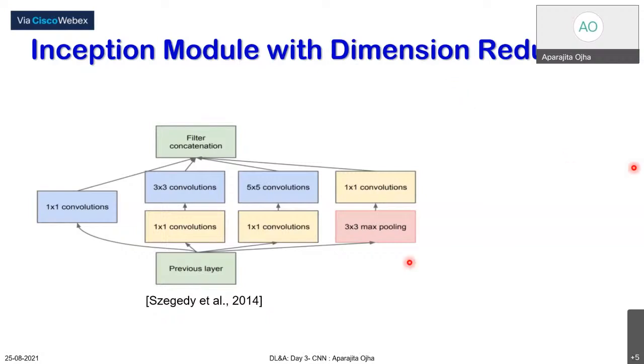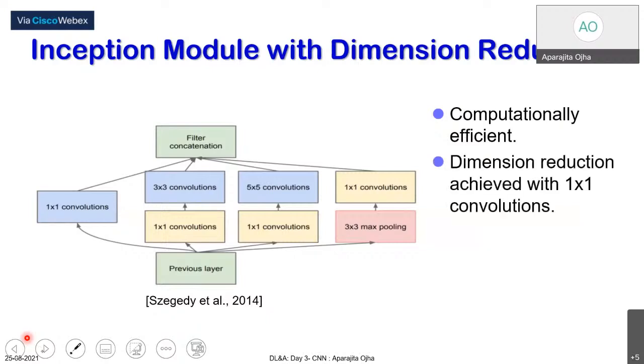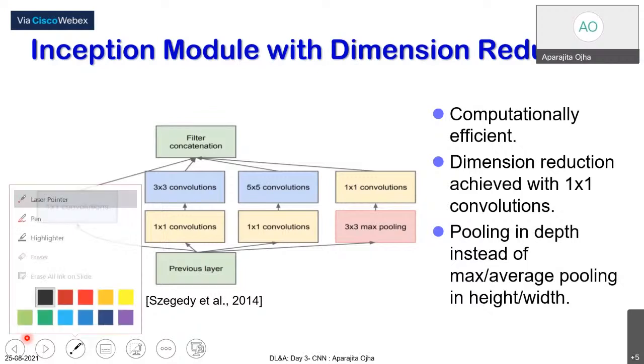All right, so it has computational efficiency. Dimension reduction is achieved with 1x1 convolution. I will tell you how. And pooling in depth is done instead of max or average pooling in height and width. What is pooling in depth? So suppose you have,